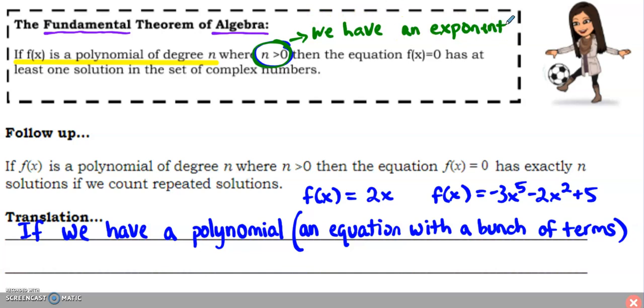Because if it was 0, then we wouldn't have any exponents. We wouldn't have any x's, actually, or variables for that matter. Then the equation has at least one solution. What does that mean? If we have a polynomial, then it has at least one solution,